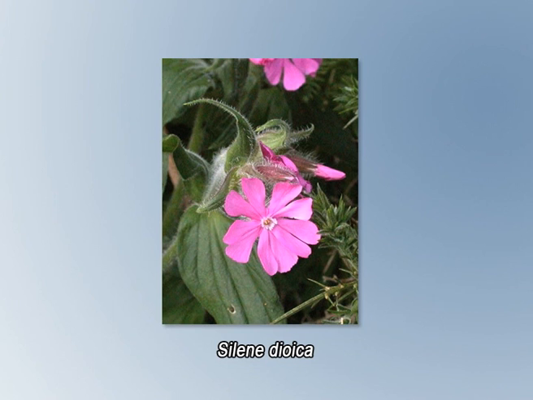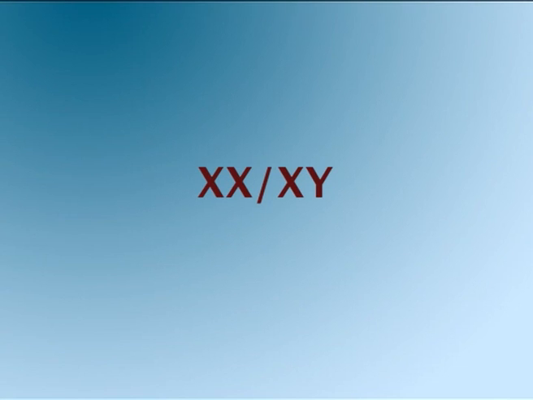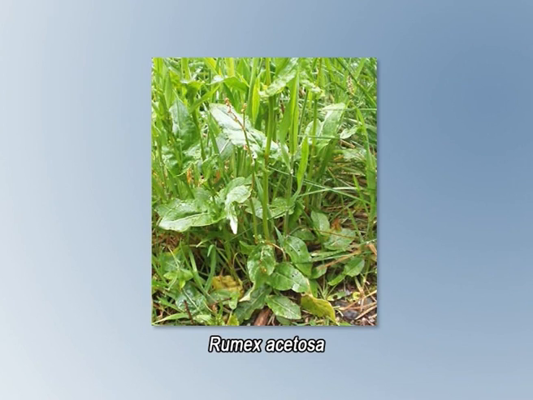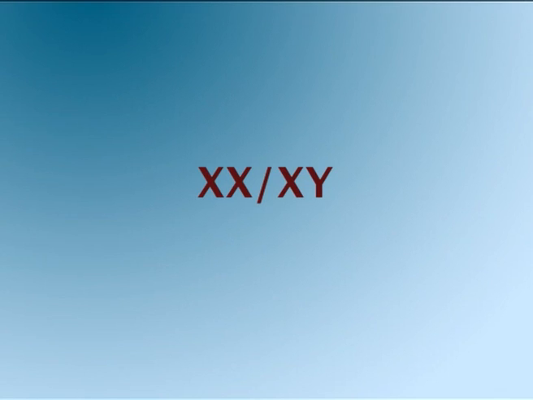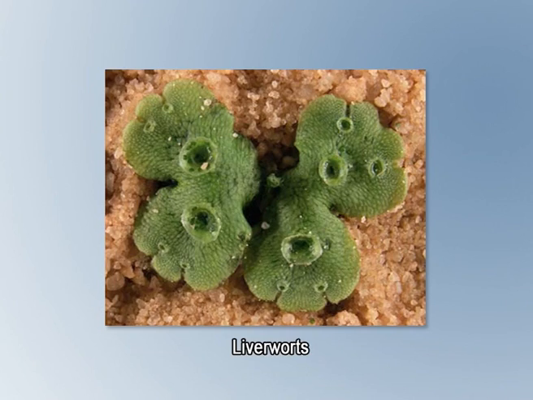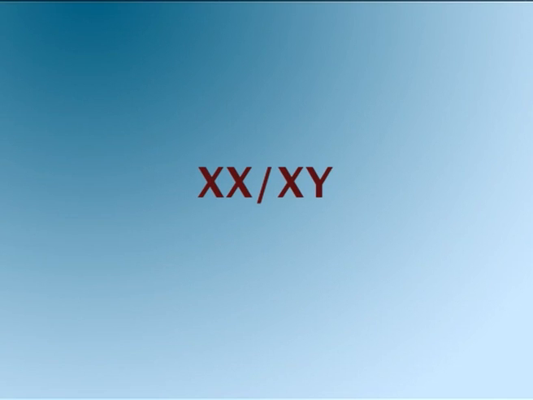Sex chromosomes are rarely of much taxonomic value in plants, as dioicism, at least in higher plants, is relatively rare, and even when it does occur, as well as in most lower plants, sex chromosomes are often more discernible. However, Silene dioica has an XX/XY system, Rumex acetosa has an XX/XXY system, and in many liverworts there is an XX/XY system.